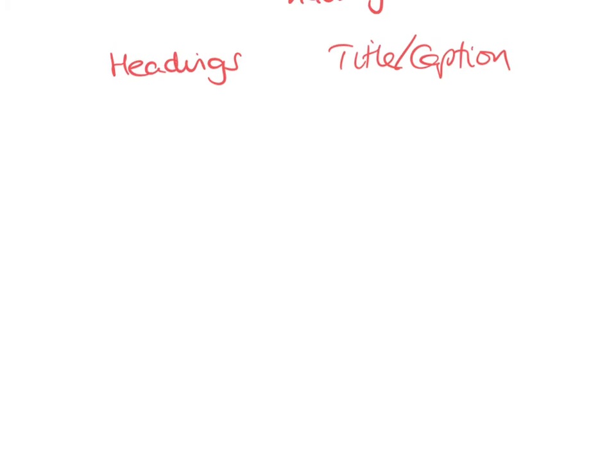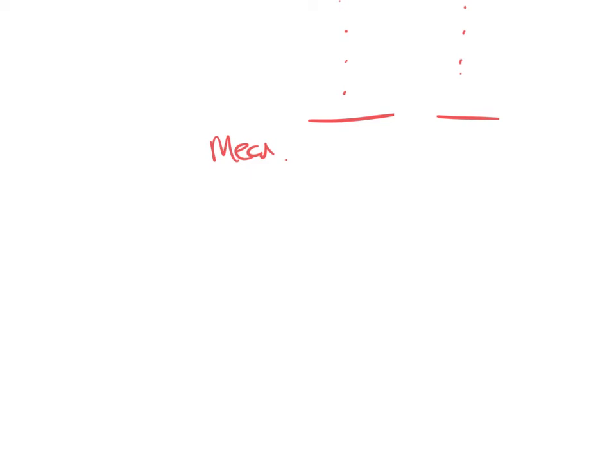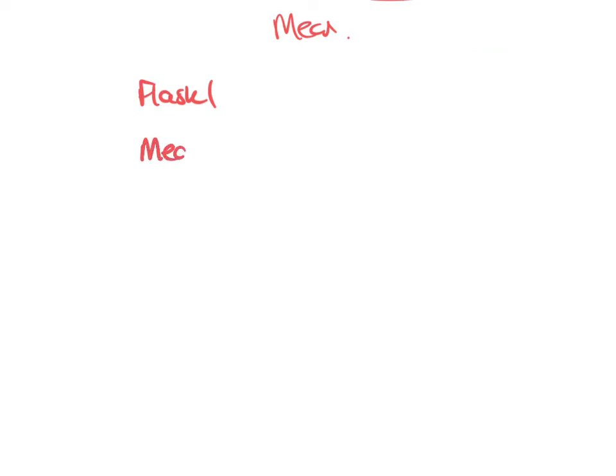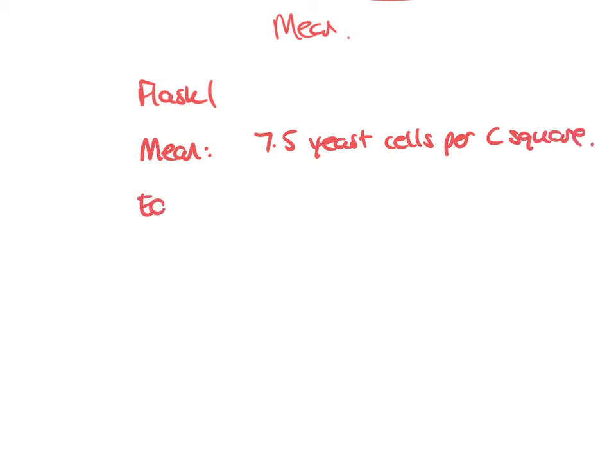Headings: you've got 2 flasks, 10 figures, and at the bottom there we've got a mean or average. So you will end up with the average or the mean number of yeast cells. So let me just write here. You might have flask 1. I'm just making numbers out of my head, okay? So say you work out that you've got a mean 7.5 yeast cells per C square. Right, each C square